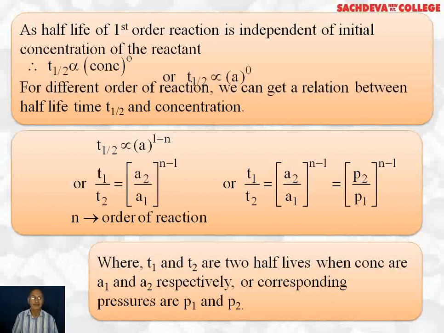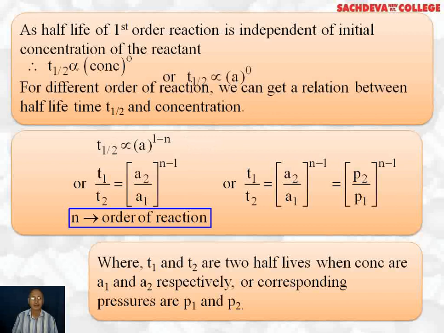As the half-life of a first order reaction is independent of the initial concentration of the reactant, we can also write t half is proportional to concentration raised to the power 0. Or we can say t half is proportional to a raised to the power 0, where a is the initial concentration. For different orders of reaction, we can get a relation between the half-life time and concentration. So the general relation is t half is proportional to a raised to the power 1 minus n, where n